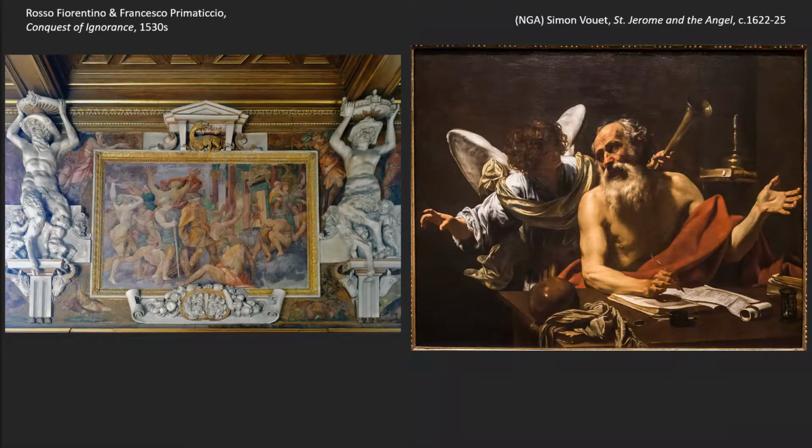Now, it's worth noting that Italy was particularly attractive to French artists because there had been so much Italian art in France. We looked at 16th century France before. We looked at the Palace of Fontainebleau. We saw that Francis I, the King of France, had imported Italian artists to decorate his palace in France. Right? Italian art was available everywhere